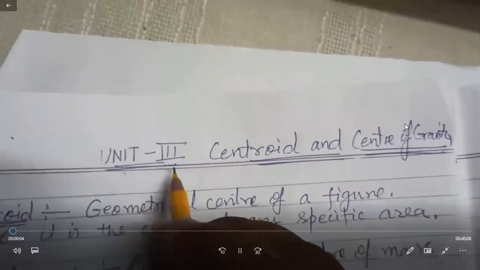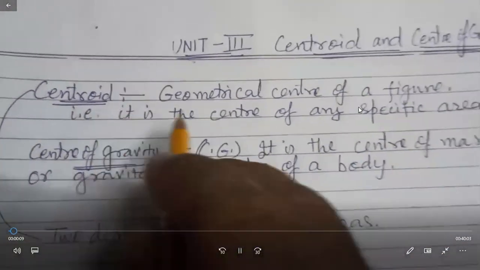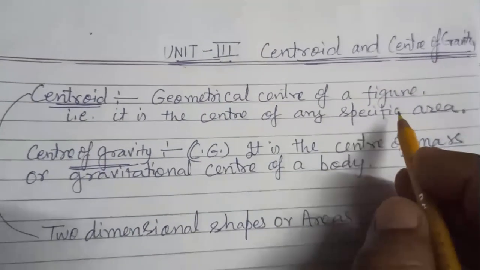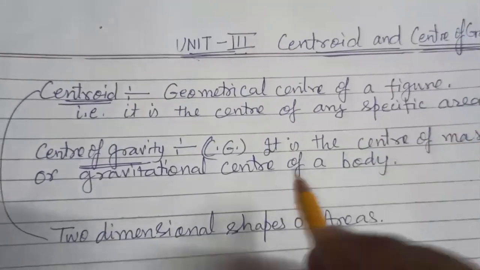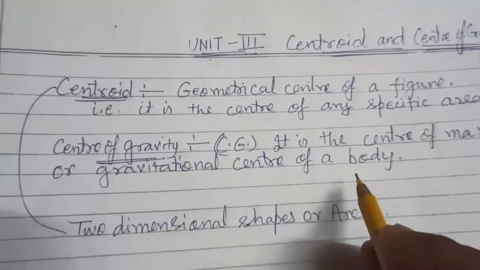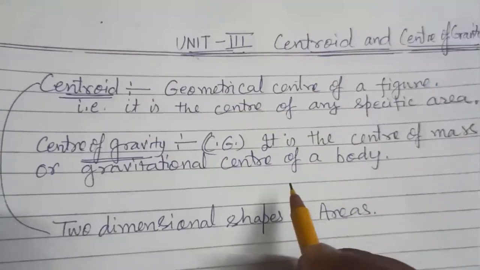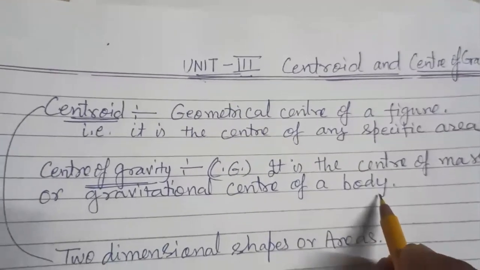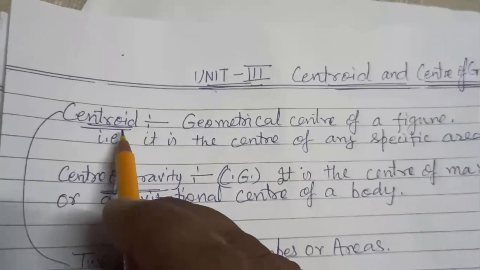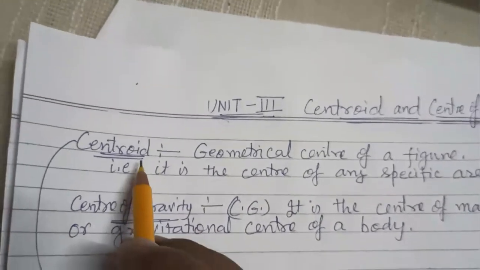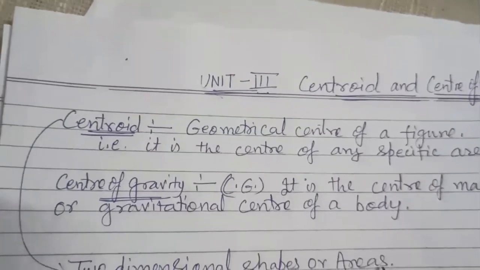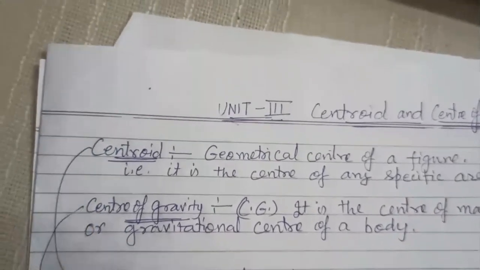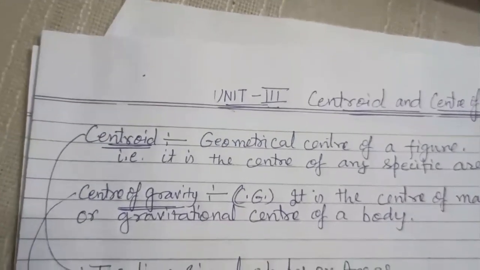We are going to start unit 3rd, centroid and center of gravity. Centroid is a geometrical center of a figure, that is, it is the center of any specific area. Center of gravity is the center of mass or gravitational center of a body. The main difference is that centroid is only related to two-dimensional shapes or areas, while center of gravity, this CG, is related to